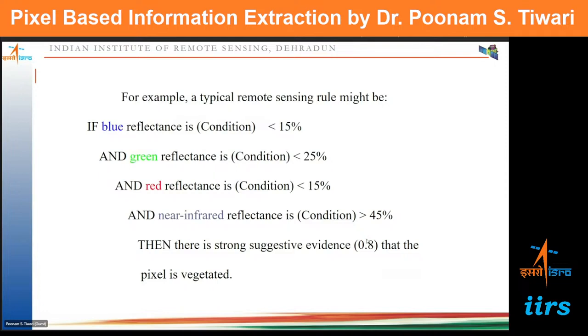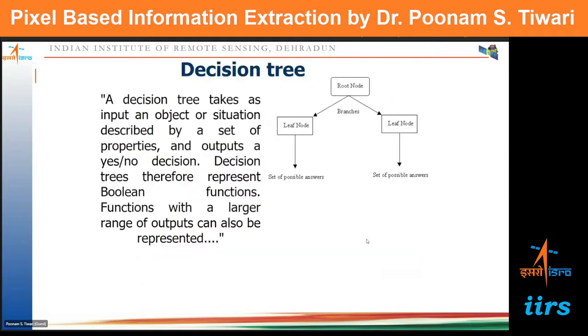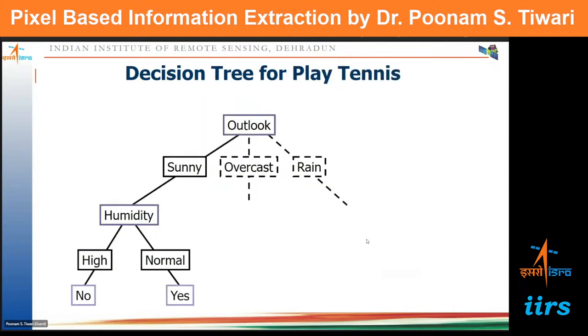Okay. So in a decision tree, there are root nodes and leaf nodes. A decision tree takes as input an object or situation described by a set of properties and outputs a yes or no decision. Decision trees therefore represent Boolean functions. Functions with a large range of output can also be represented. Such as if